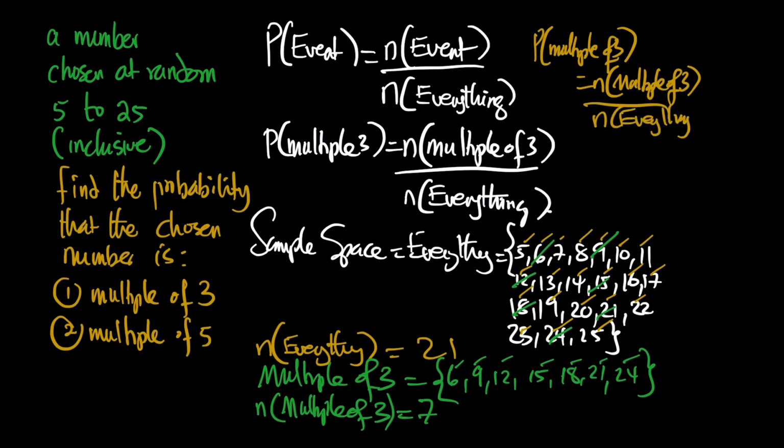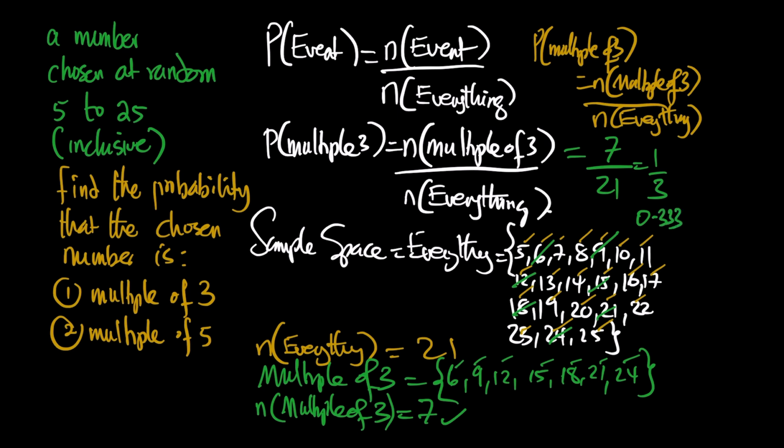That will be our final answer. Now, what we have is going to be the numerator. The number of multiples of 3 here is 7. We put 7 in the numerator, and in the denominator we have the number of everything, which is 21. When we cancel out, we get 1 over 3, and you can see that 1 over 3 is the same